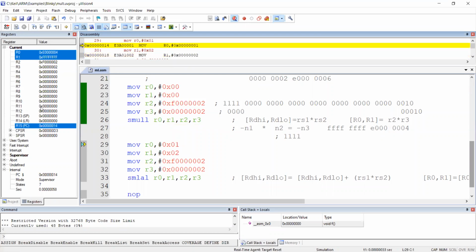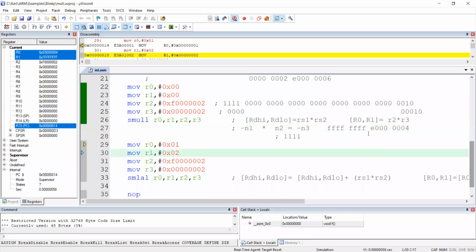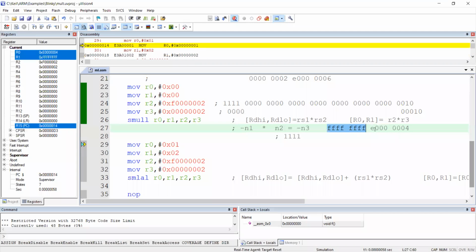Let's see. Okay, hope you can see now in R1 the value F. So the value is 7 times F, whereas in the second register, it's E, 6 zeros and 4. So if you expand this number, its first bit, that means my left side or MSB, will be 1. So what we can definitely say is the answer is negative. Okay, so minus will be the answer.